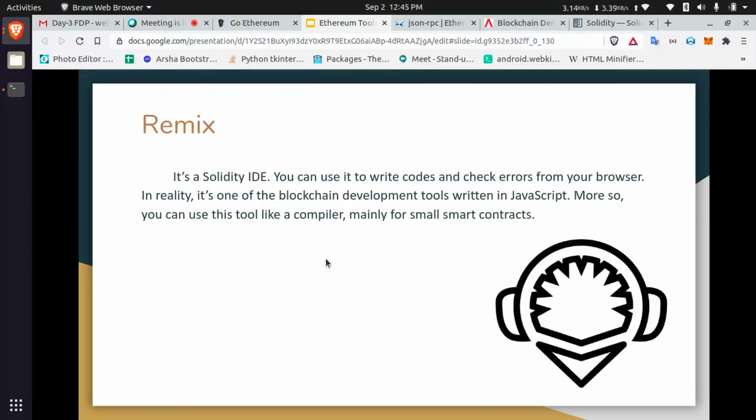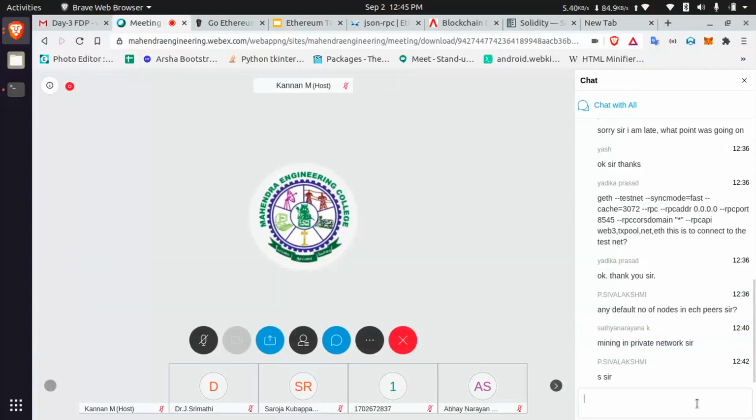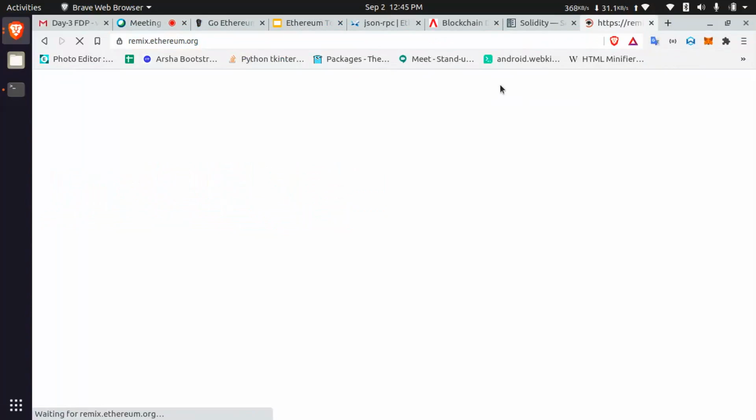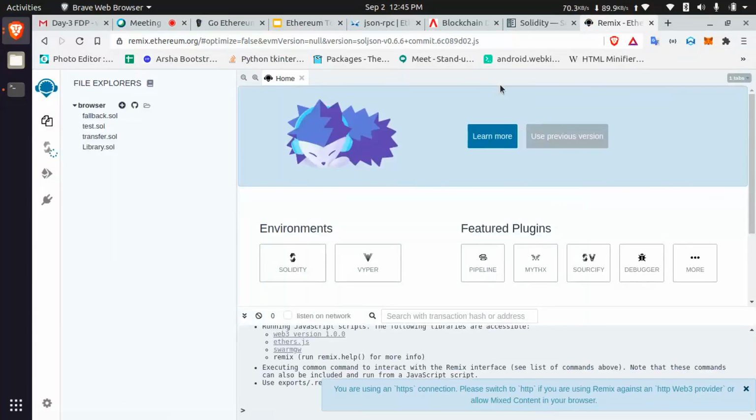And then Remix. While typing a Solidity program, you need to play with Remix. Just open remix.ethereum.org. If you open it, it will show this.